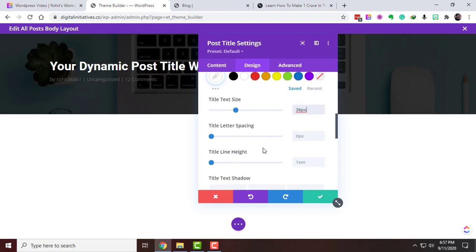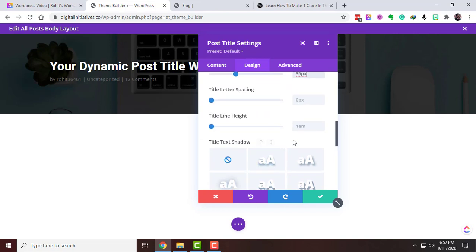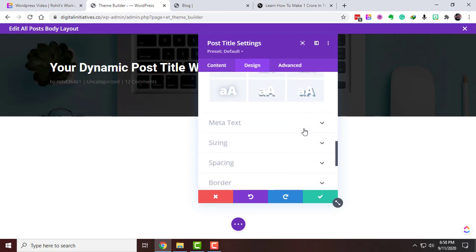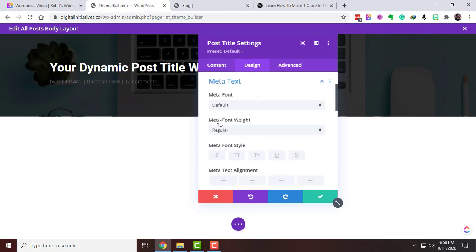Okay, so we have changed the size and let's change the letter spacing as well. So if you have a long title and it's in 2 lines, then you will be able to see these changes. So now let's come down to meta tag and